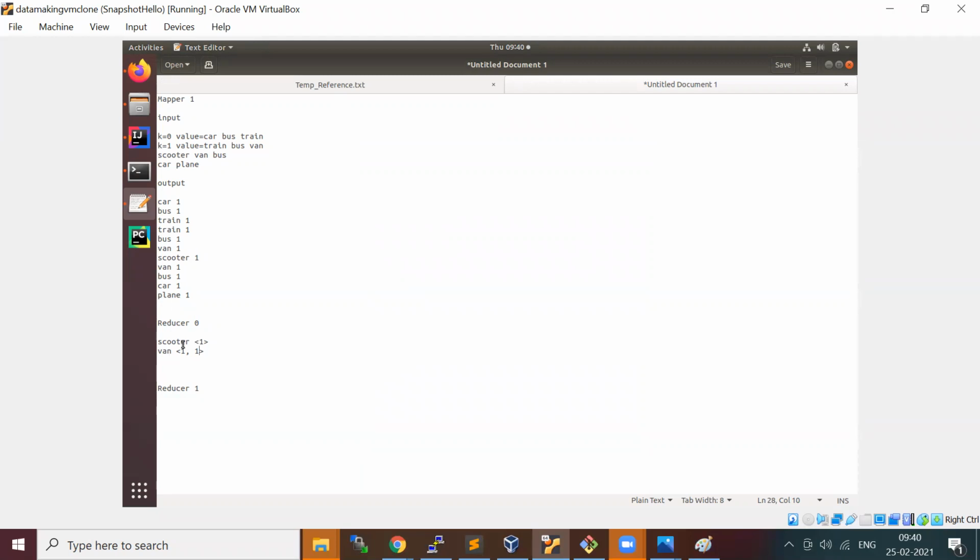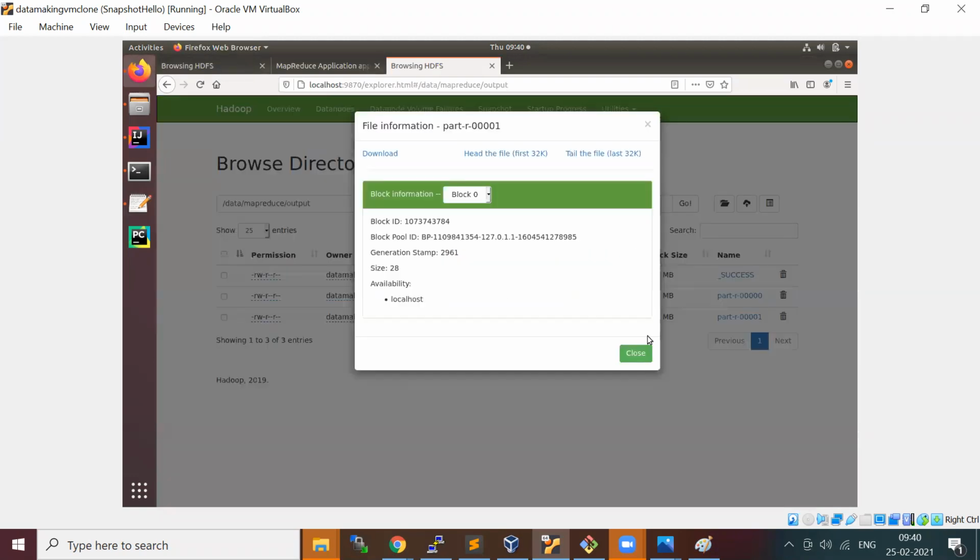The number of key value pairs that came is 11 only as input to the reduce phase, but the grouped keys are 6. So 2 are from reducer 1, and this is from reducer 0. You have two groups in one reducer and four groups in the other.